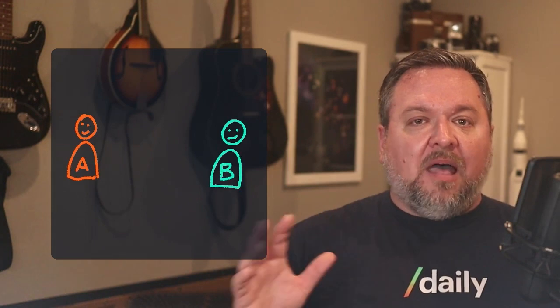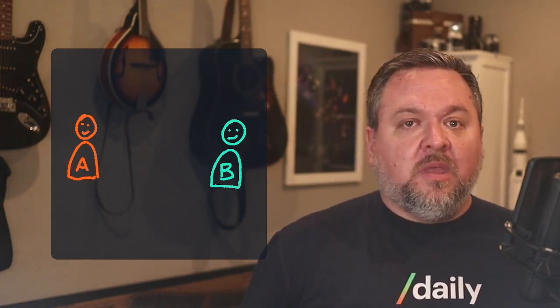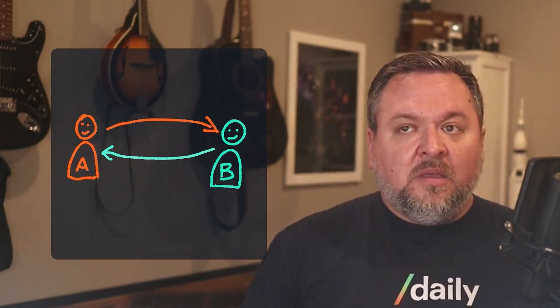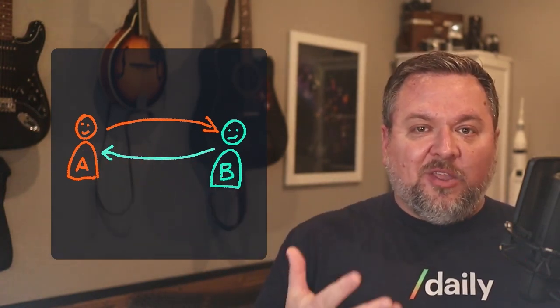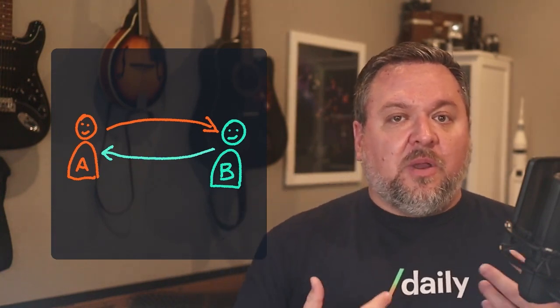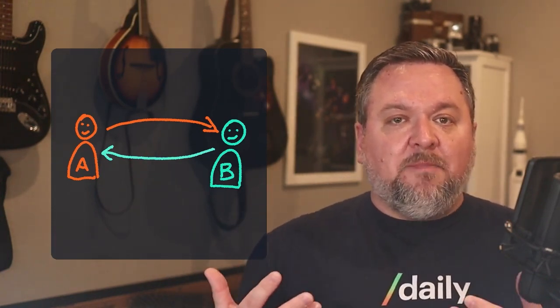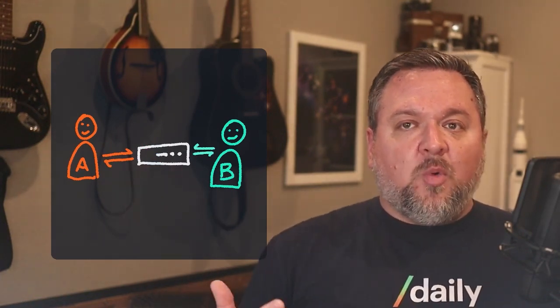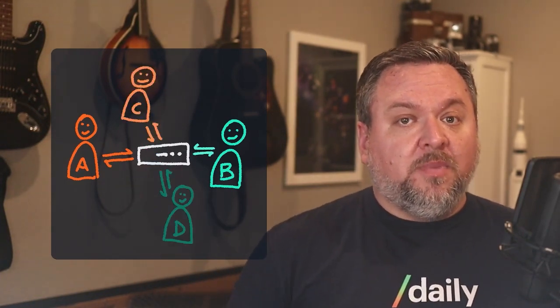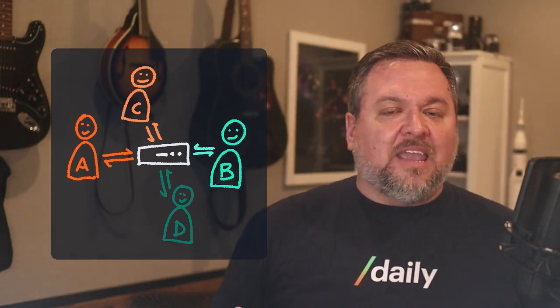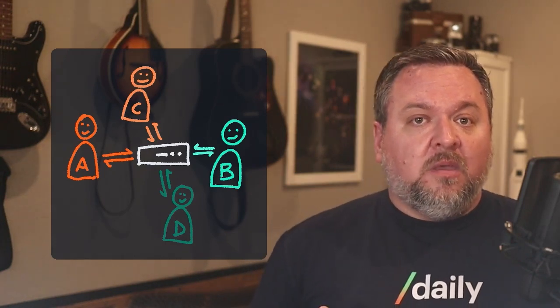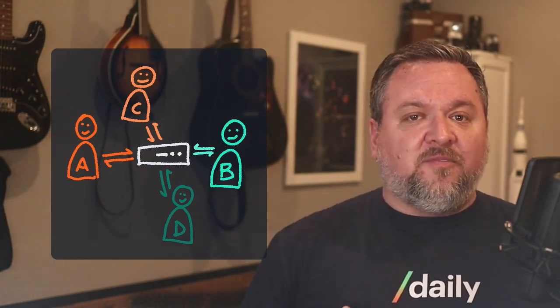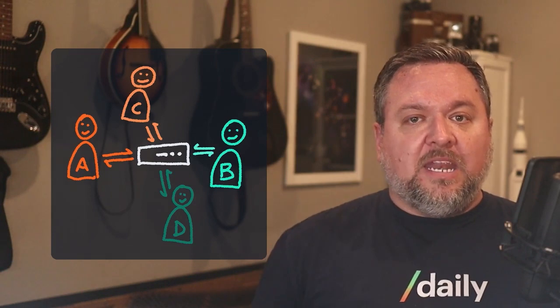So let's start with Alice and Bob, who want to have a call with each other. Now, in some circumstances, they'll use a direct peer-to-peer connection with each other like this. But nowadays, most of the more interesting use cases, like large calls or cloud recording, actually involve making those same peer-to-peer connections with some kind of server, like this. This is even more important when Charlie and Deborah join the call, because now, instead of everyone having to connect to everyone, each person only has one set of connections with the server. The server can choose to forward different tracks to different people, or send different video quality to different people based